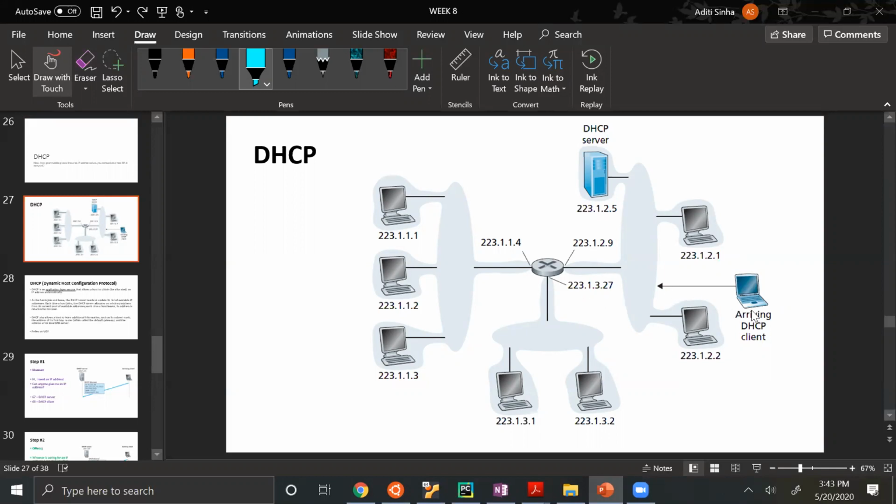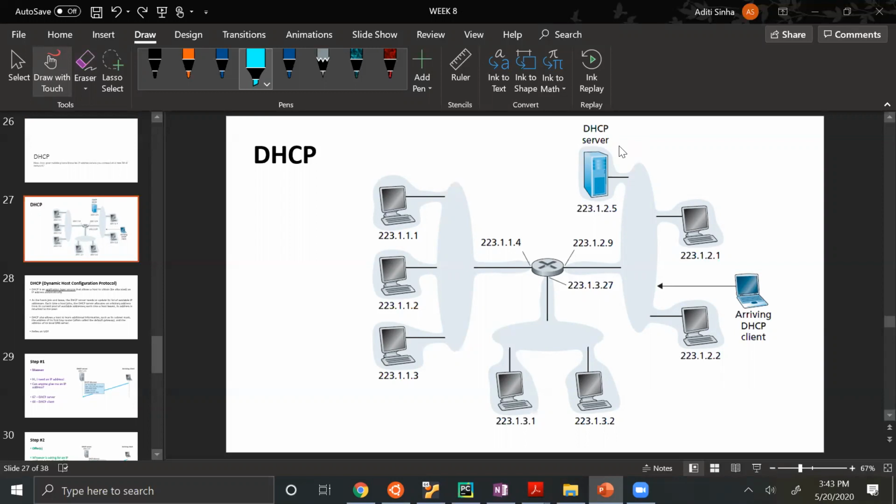So every time you move to a new network, say for example, you go from a classroom to your home or to other places with different Wi-Fi connections, you will need a new IP address every time. Which is why you will be called a DHCP client. And so there is a DHCP server that is responsible for allocating this IP address to you from a pool of available IP addresses.